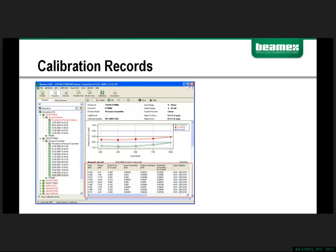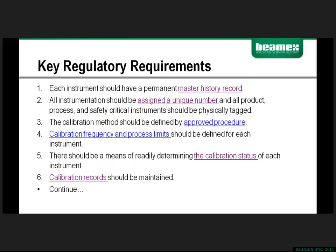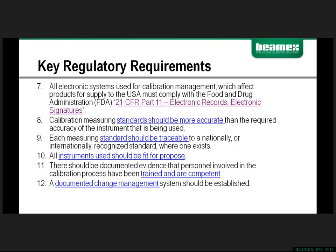So again, they were trying to be conservative, but that's another reason for using documenting calibration software. You don't have to look at this as just a necessary evil. This actually can help you. So to continue along,